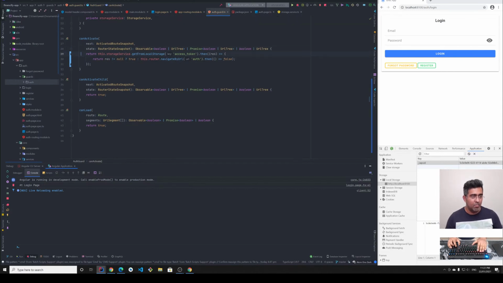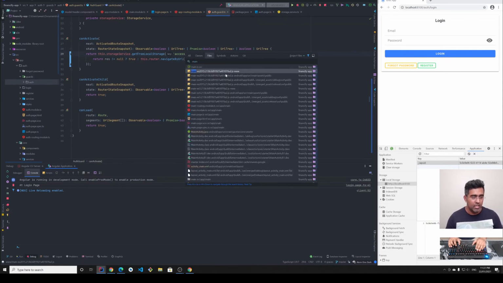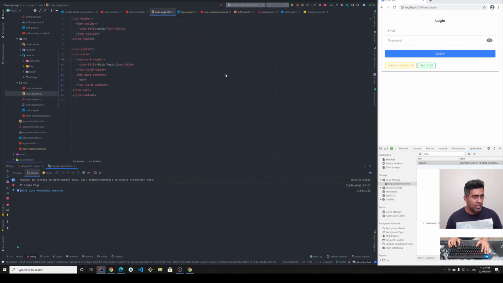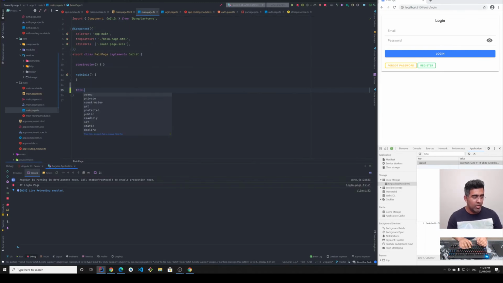Okay, so in the main module, we're going to go to main module. I'll select that in project, and then here we got this Ionic test. I'm going to do Ionic button, and we're gonna do, I think there was a click event, yeah, this one. So what we'll need to do is we go to main, and I'm gonna just hack the version now. We will do the publishing later, but